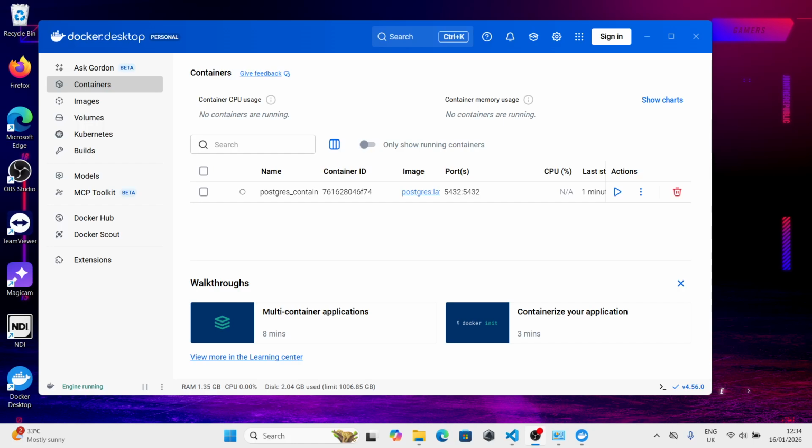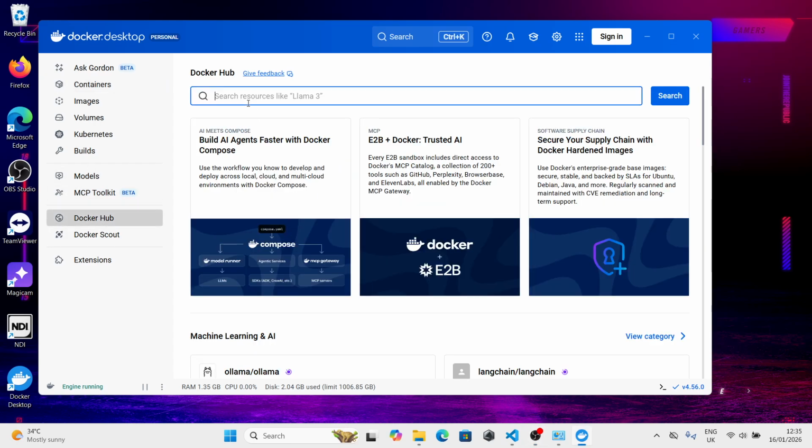So in the previous video, we were able to run our Postgres on Docker. But what I forgot is there is a setting we should have set when we were starting. If we go to Docker Hub, where you will see the explanation of the setting,